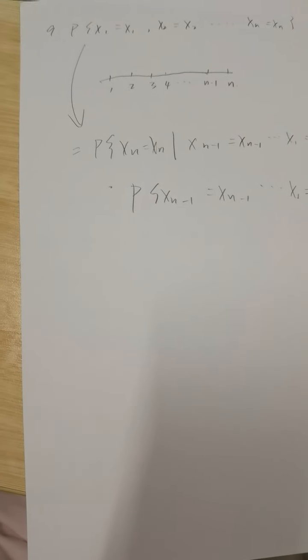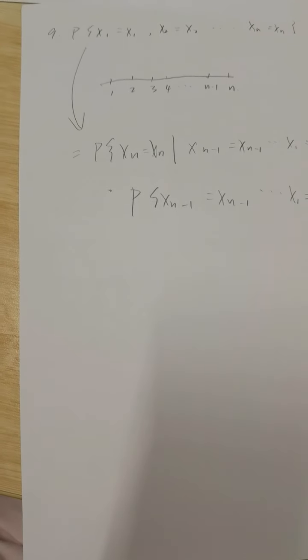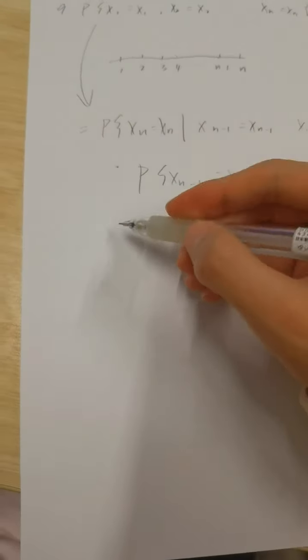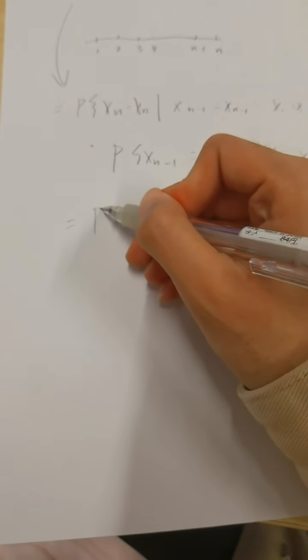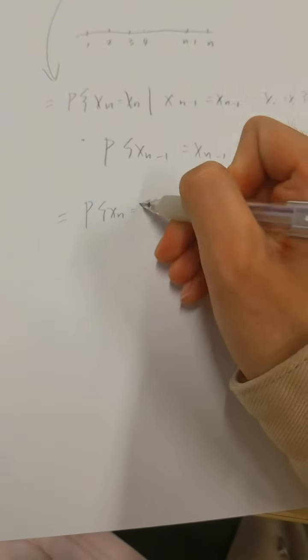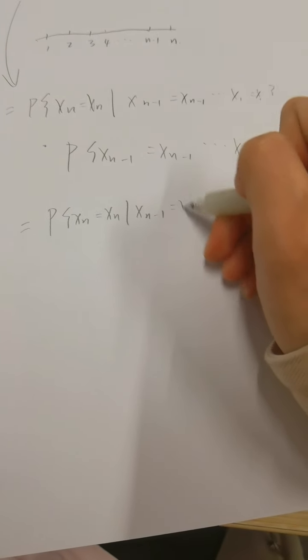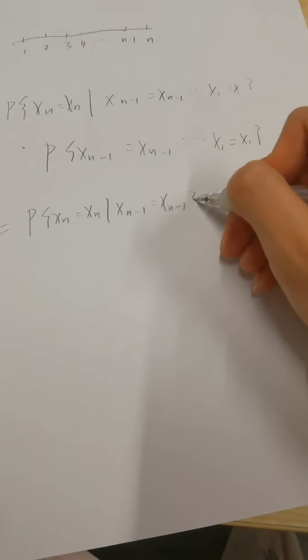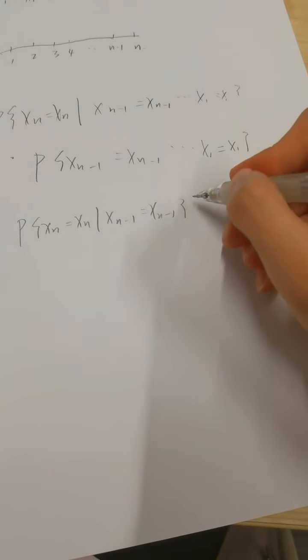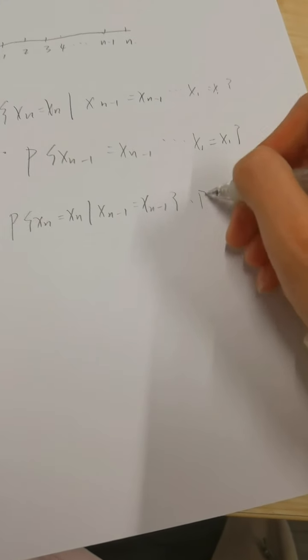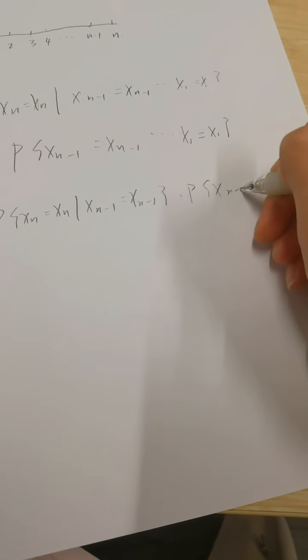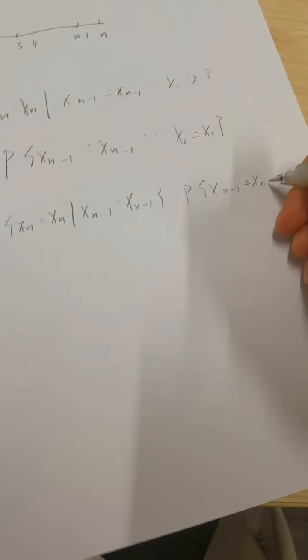We don't need that at all. So we can write this function as the probability of Xn equals xn given X(n-1) equals x(n-1), times the probability of X(n-1) equals x(n-1)